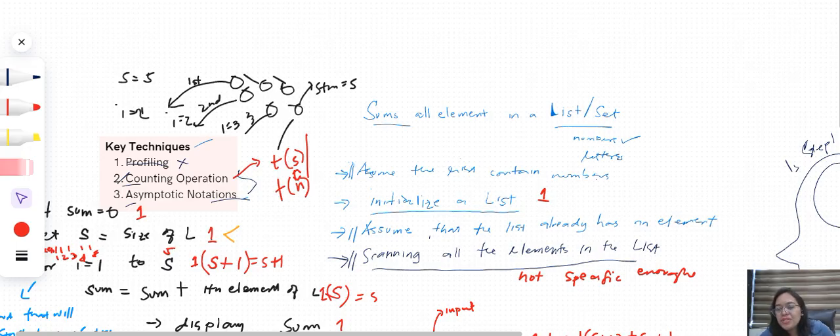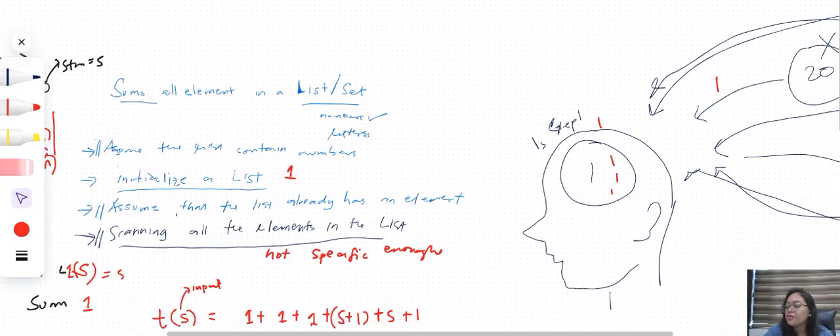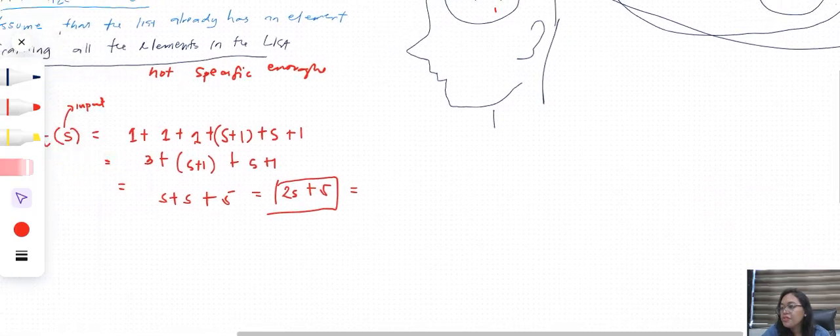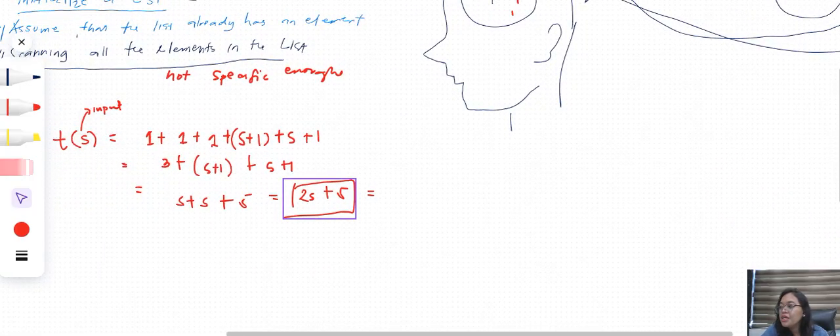Asymptotic notations are mathematical ways of proving how fast or how slow your algorithm will be. It's how you estimate the upper bound, lower bound, and the tight bound of your algorithm. Okay, what are the upper bound, lower bound, and the tight bound of your algorithm? First let's look into this one. This is your T of S, right? Now, if I will graph this one,